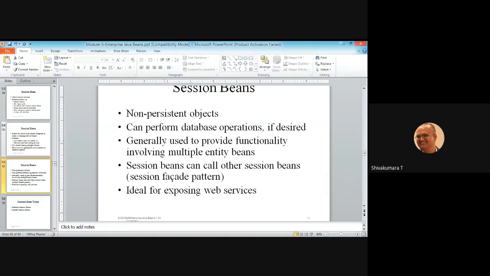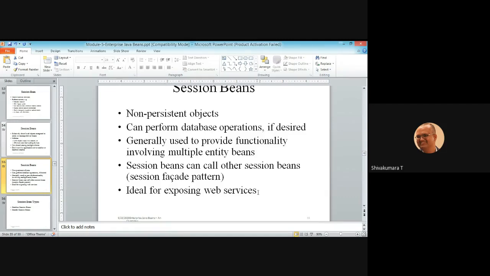For example, if you are requesting to share the notes right now, I am busy with class. So what I'm going to do is delegate, requesting some other person to forward the notes to the students. This is one way to understand transferring a call from one session to another session. So that call is transferred to another session bean to handle the request. That pattern is called the session facade pattern.